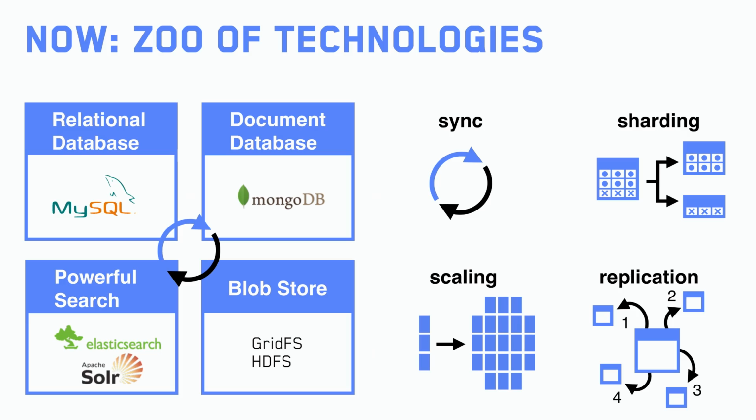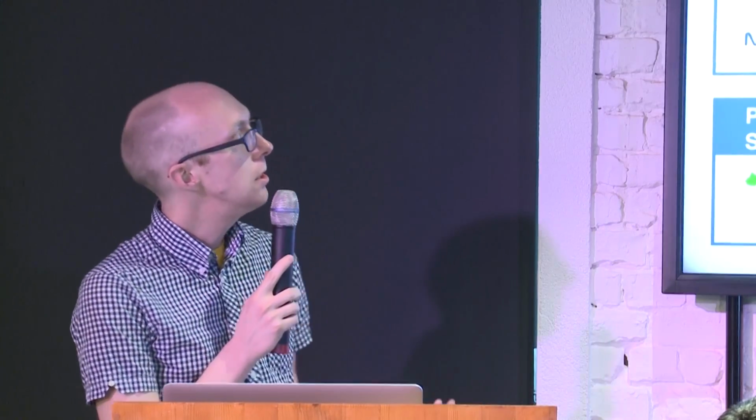So at the moment, how do we start building our complex applications? Generally, we probably start with something like MySQL, and then as our usage scales, we have to start worrying about things like sharding, setting up master and nodes, replication, synchronization, etc., etc. And then, as this becomes more complex, we need other requirements. We need a document database, so we add a document database. We need a blob database, so we add a blob database. We need search, so we add search. We need a better search, so we add a better search, and etc., etc.